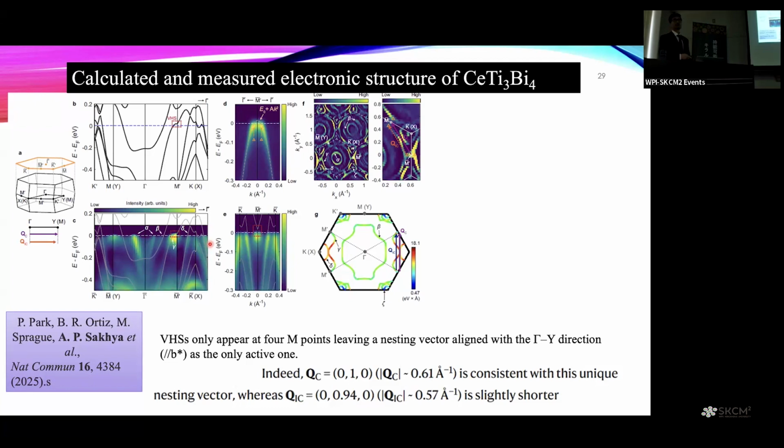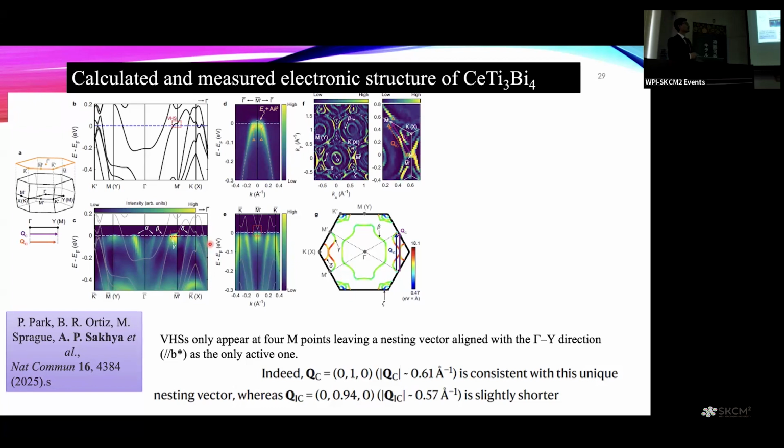spin density wave is around 3 Kelvin. And it's quite difficult to reach those temperatures from ARPES. But at least we find signatures that the nesting vector is in close agreement with the neutron diffraction results. And these are the M prime points where you see the Van Hove singularity. Along M, you do not see it. So these nesting vectors seem to match with the neutron diffraction results, and we claim that the Van Hove singularities